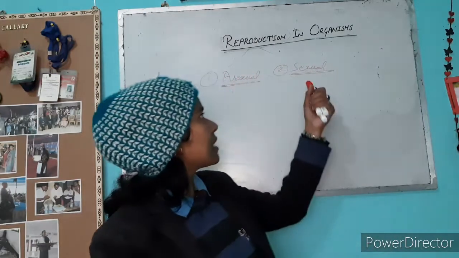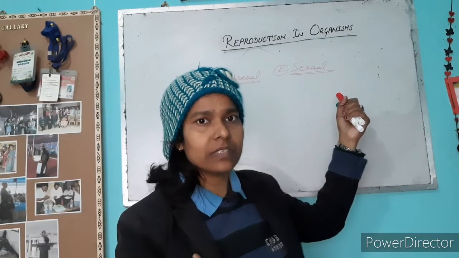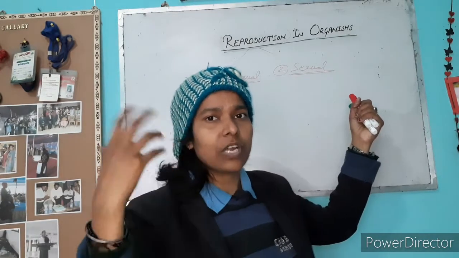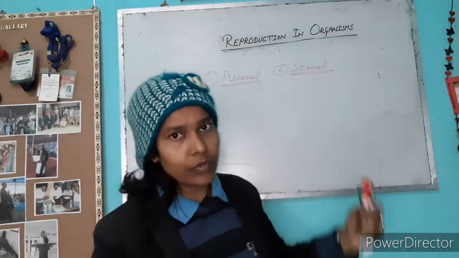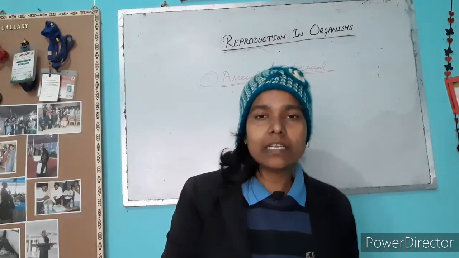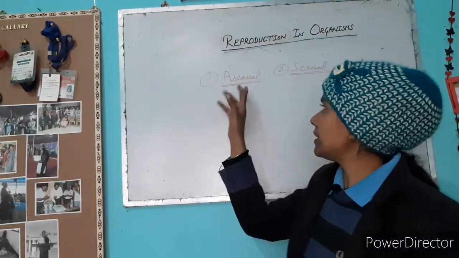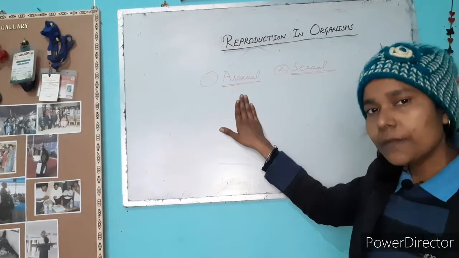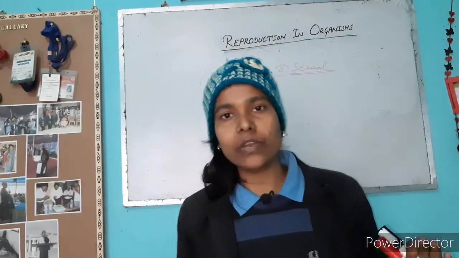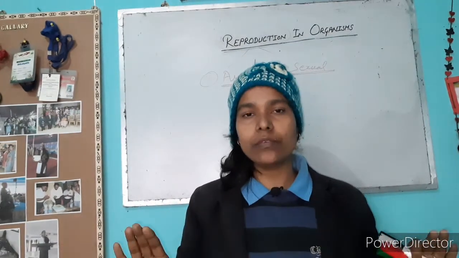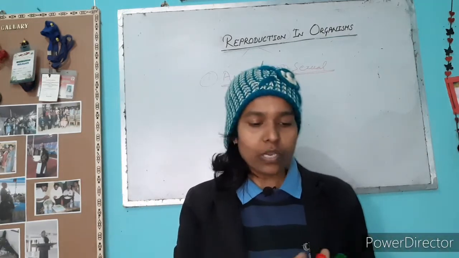And in the sexual mode of reproduction there are more complex systems of organisms. There are higher organisms, higher plants or higher animals, which have well developed systems where sexual reproduction occurs. So how does asexual mode of reproduction occur? Actually, the asexual mode of reproduction involves only a single parent. It means there is no need for the involvement of mother and father. Two different parents are not needed. Only a single parent